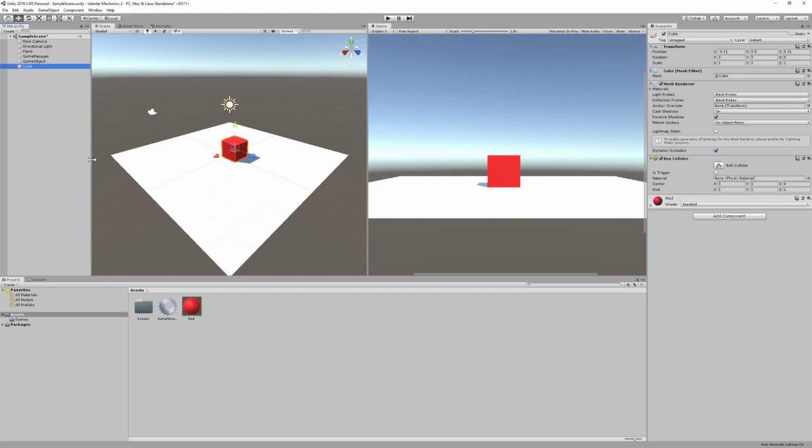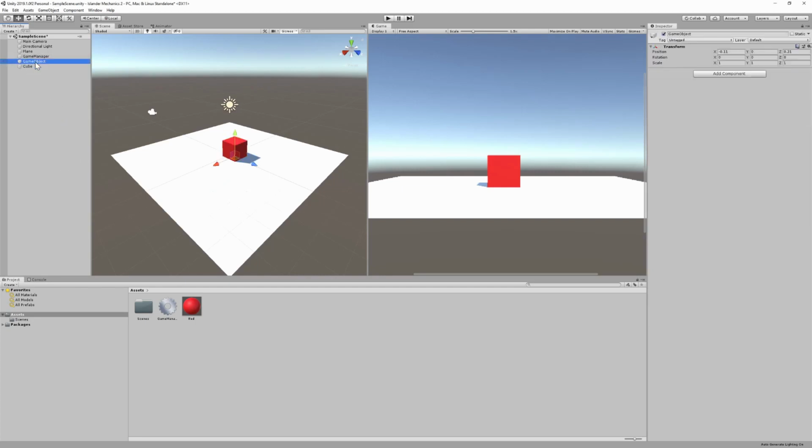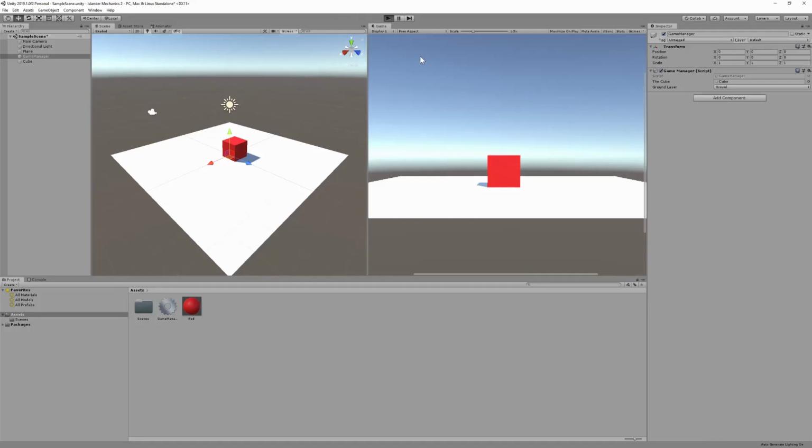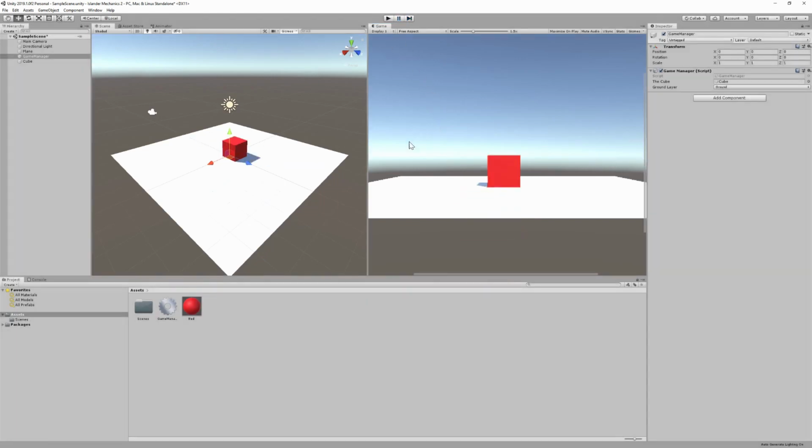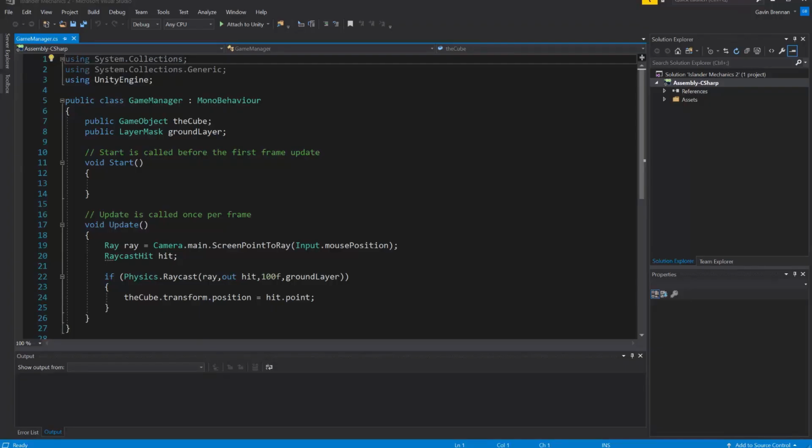We'll take our cube back out of the empty game object, delete the empty game object, go back to our game manager and place that cube back in as the object we're going to be moving. Let's just check that's gone back to how it was. You'll see now that the pivot point is back in the center and we are sitting halfway through the plane that we want to place the object on. So looking at our code, we can adjust this at runtime with code, and how and where we want to position that cube. So transitioning over to Visual Studio,